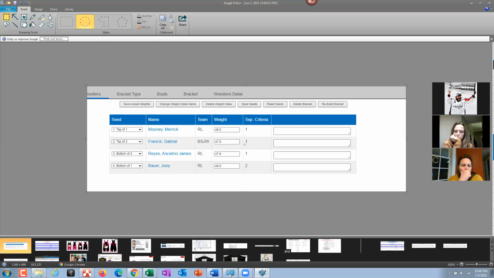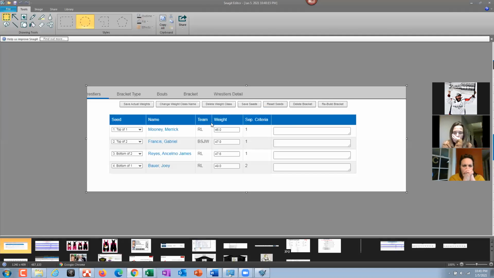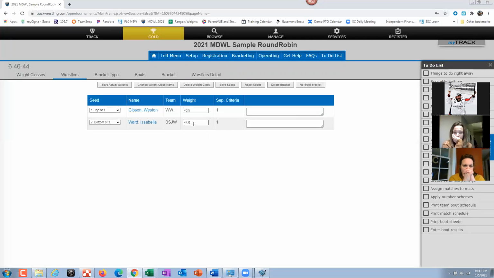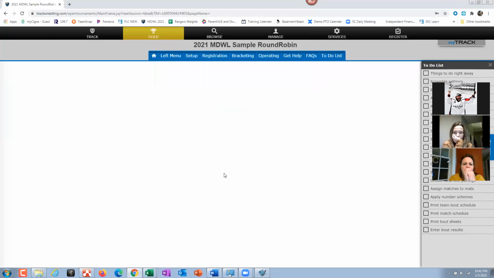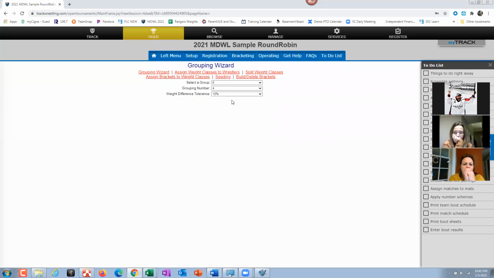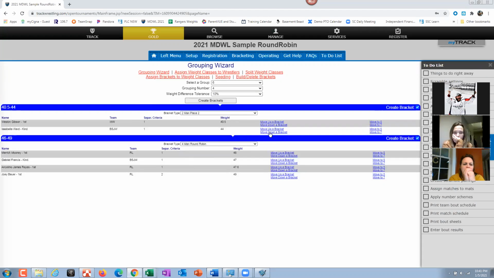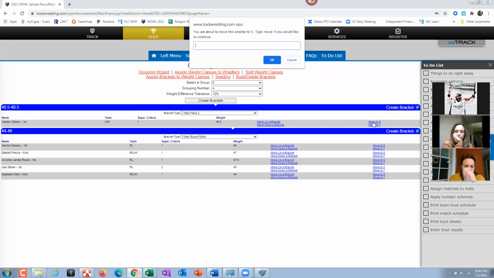So I deleted the 47. Could I combine this 46 and 47 and 49 with these 2? Well, I could potentially, but this is where it gets fun. I was like, well, I could probably combine them with this person, but maybe I have to move this person down. So what I could do here is once again, delete weight class. And then I go back to the 6-year-old weight class. And then I have these 2. So what I would do here is move this person down. And then I would move this one to the 5-year-olds.